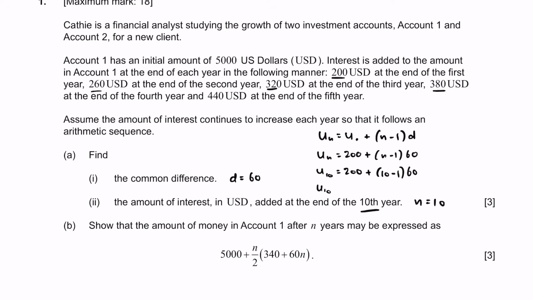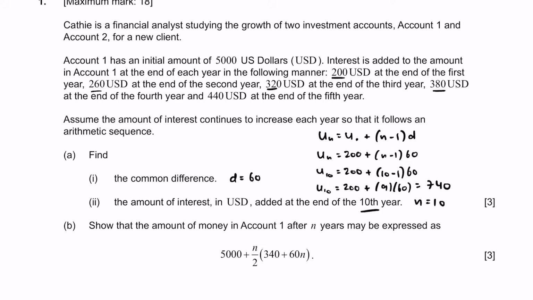What is the value of u10? 200 plus, this is going to be 9 times 60. So just writing this out, we have 200 plus 9 times 60. 9 times 6 is 54, so 9 times 60 is 540. 540 plus 200 will give us